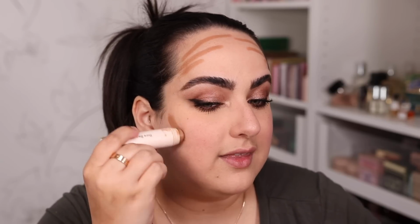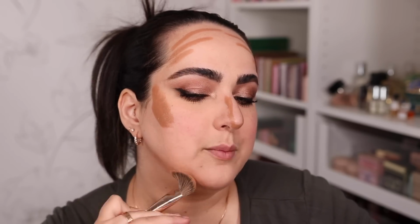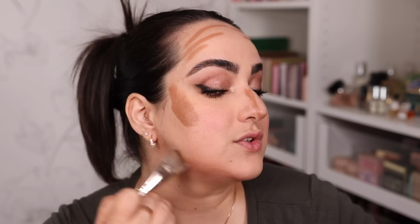I'm going to just keep going with some more Rare Beauty products that I love, like the Rare Beauty bronzer, for example. This one is in the shade Happy Soul, which is my favorite shade I've tried of their bronzer. And with a Sephora collection number 47 brush, I'm just going to blend it out. The bronzer is blended, and for